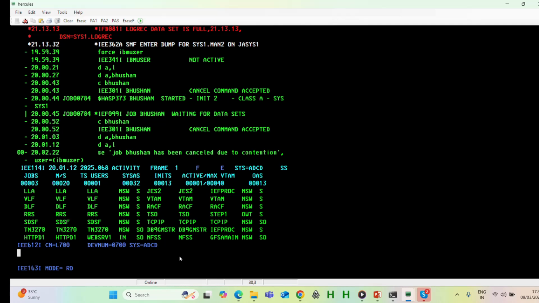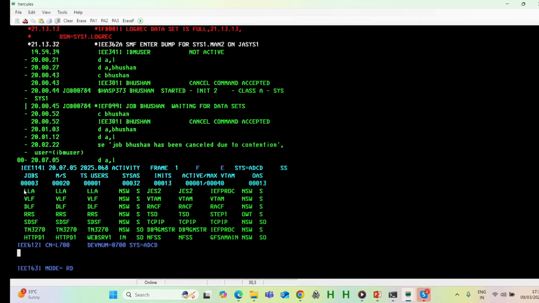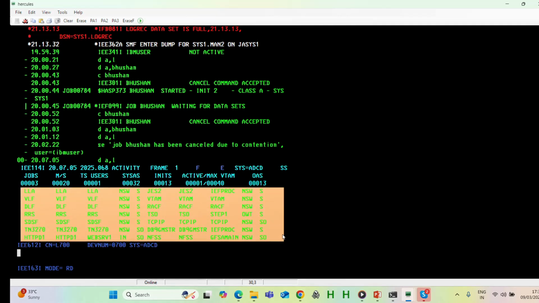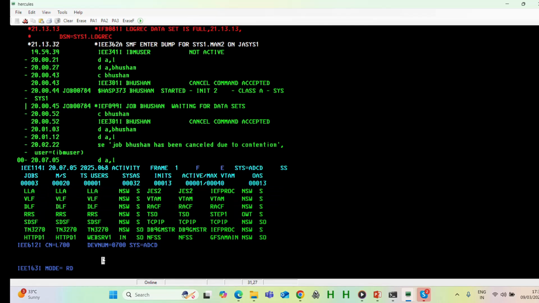Okay, so now let me display all the address spaces here. In the console, to display the address spaces, we give display a comma. So these are the address spaces which are available. Now, as today's topic is on taking a dump and cancelling the jobs which are in contention,